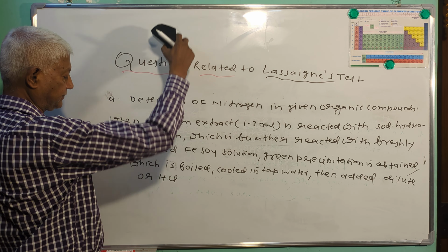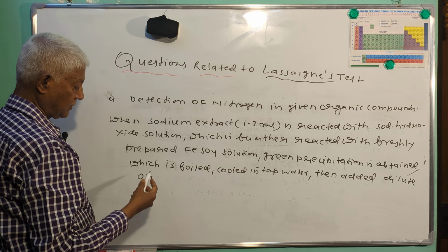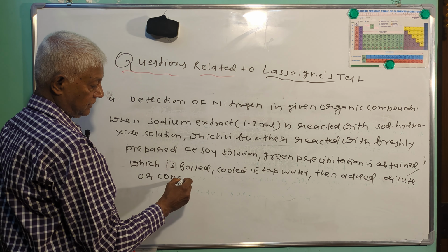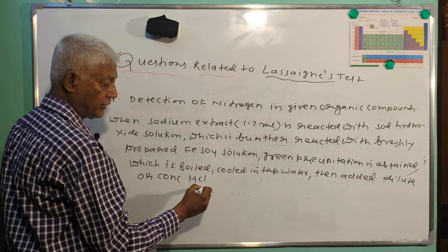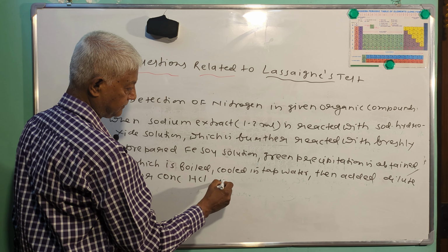Dilute means mixed with water, conc means concentrated hydrochloric acid, and at last